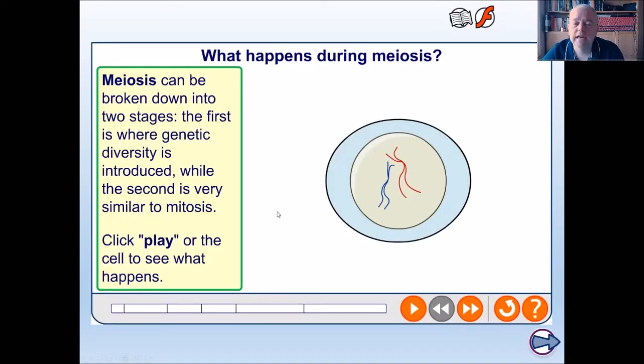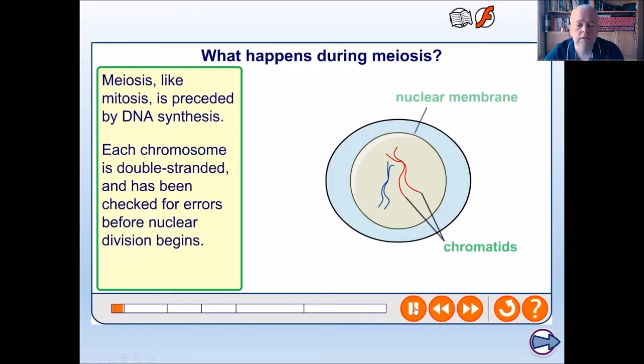So let's have a look at this as an animation. It's always easy to visualize this process when you can see things moving. So here we have an image of a cell that has already gone through DNA replication. We know that because we can see the individual sister chromatids. So these are going to condense so they become a little bit more visible,